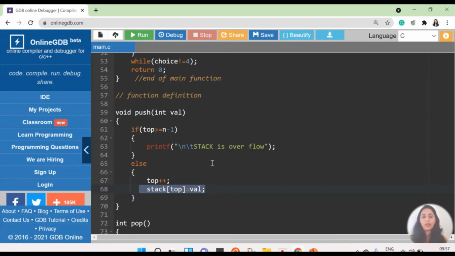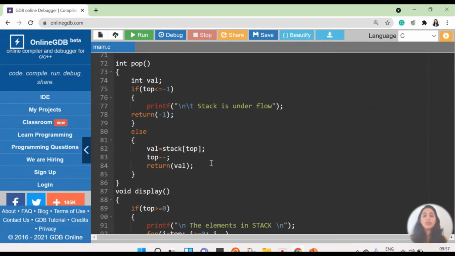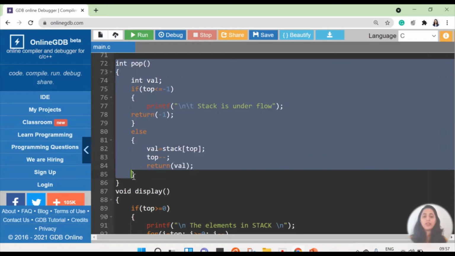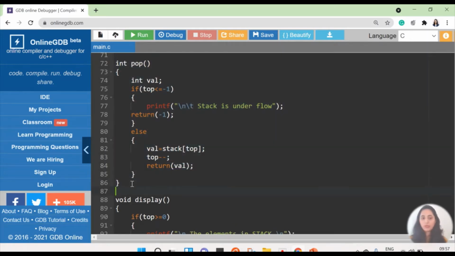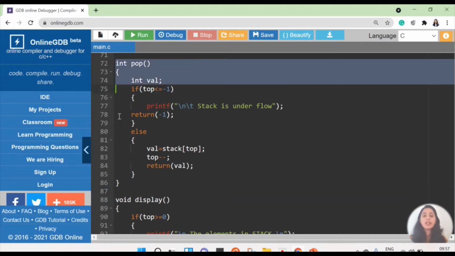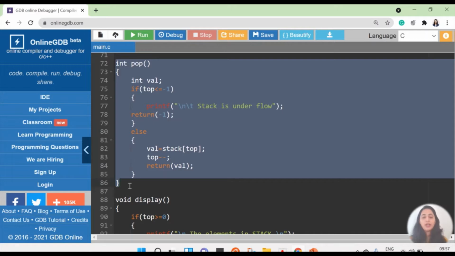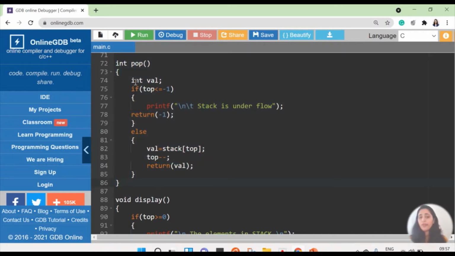Now we'll see the pop operation. Coming to the pop operation, this is the definition of the pop operation. We have it here from line number 72 till line number 86. If I check this particular operation, we have this declaration the same as the declaration we did for push above.